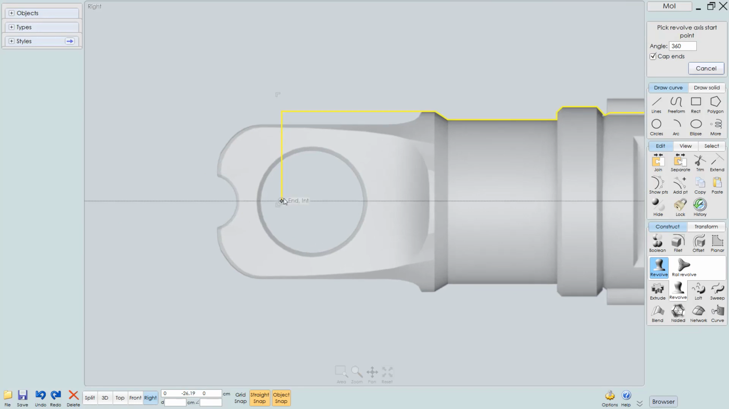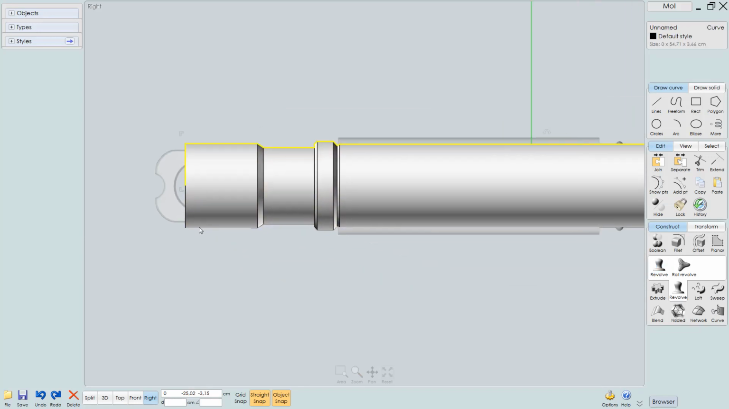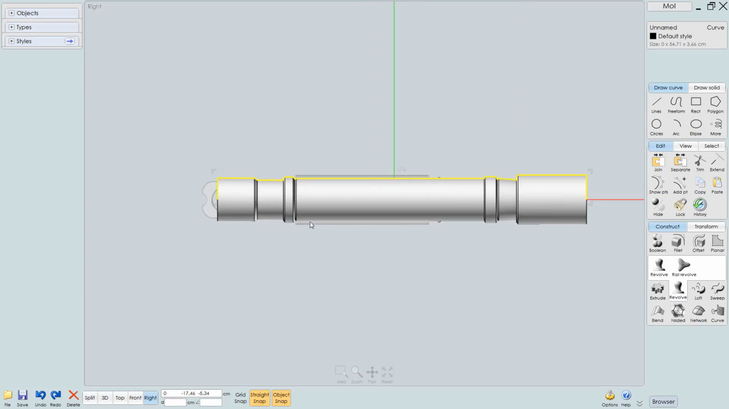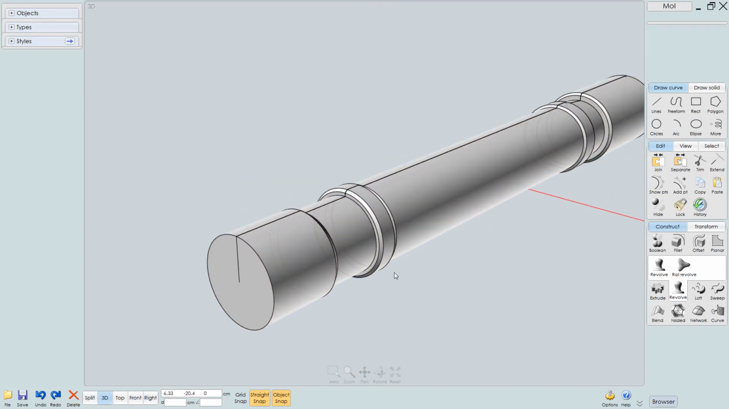So I'm going to click on that first point here and then just drag out a straight line and left click again to create the 3D shape. Let's go to the perspective view,